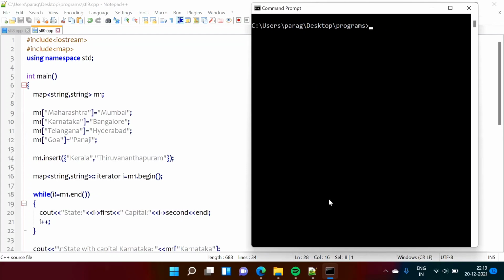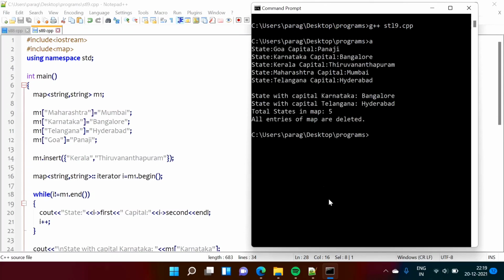So see, we will check the output. Got compiled, and see, the state names are these and the capitals, key value, key value, key value. Now I told you that these pairs are saved in the ascending order of keys. So see, Goa, Karnataka, Kerala, Maharashtra, Telangana, this is the sorted order.